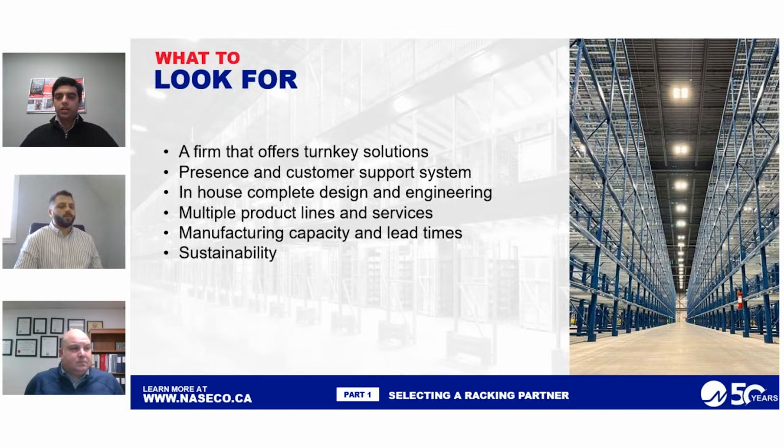The number one is that, especially for greenfield construction, whenever a small or a medium or a large scale warehouse is being built or even is being initiated in the planning stages, go with a firm that provides a turnkey solution. It starts from the initiation to the implementation towards the project closing documentation. You want to go with that because of a couple of reasons. Number one is that the firm understands how many stakeholders there are. They want to make sure each and every person, each and every company agrees, and they understand that the type of customized design that you're offering for the customer will not interfere with any other trades or any other problems. So in one room, you have a racking supplier that is also working with the consultants directly, and with electricians, sprinklers, slab engineers, all these subcontractors as well, from the beginning till the very end,